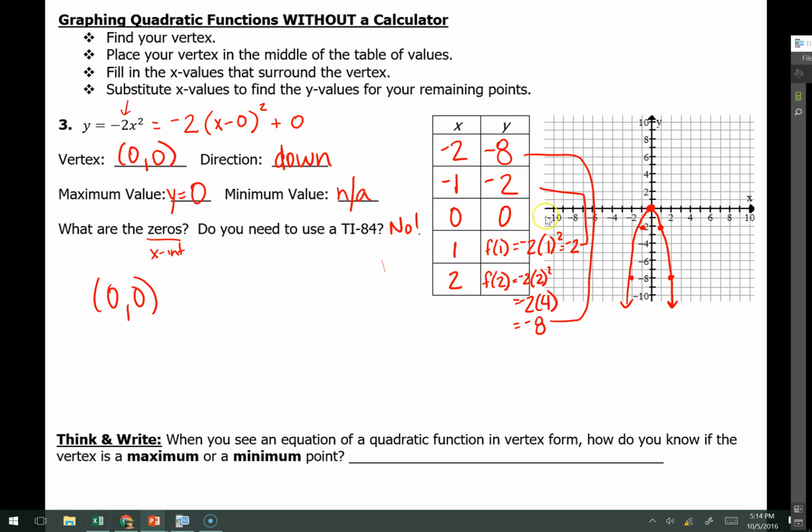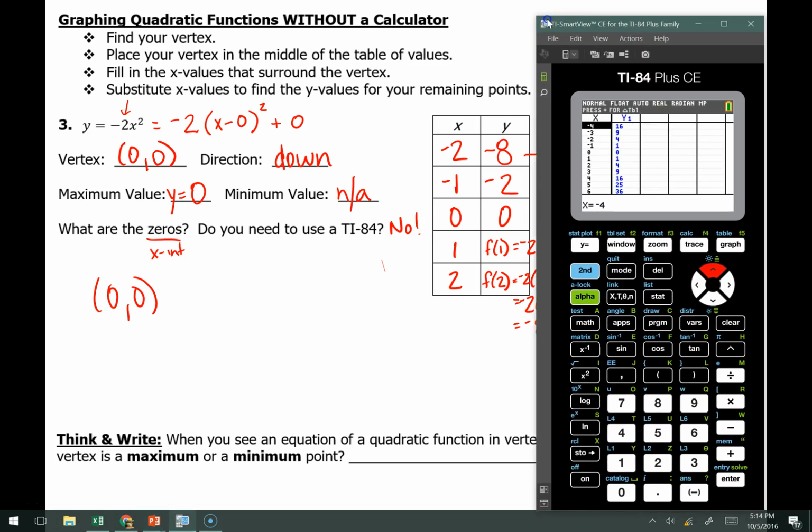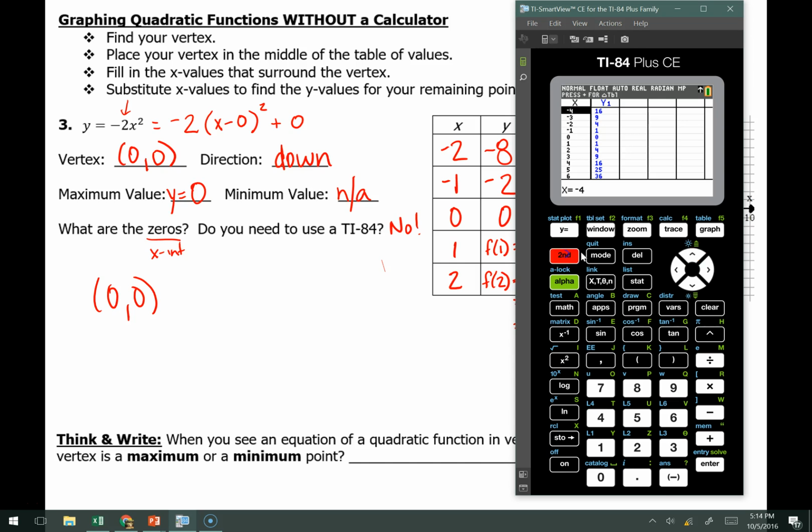Remember that if you do need a calculator because you don't have nice values, you can go into your calculator and look at the second trace and choose the second option for the zeros. You will have to put in left and right bounds for this one. It's going to ask you those questions down here at the bottom. Remember that you need to set the left bound on the left-hand side of the x-intercept, the right bound on the right-hand side of the x-intercept, and then for the guess, once it draws those 2 lines for the bounds, put it back on top of that 0 or that x-intercept and hit enter 1 last time, and it will tell you what that